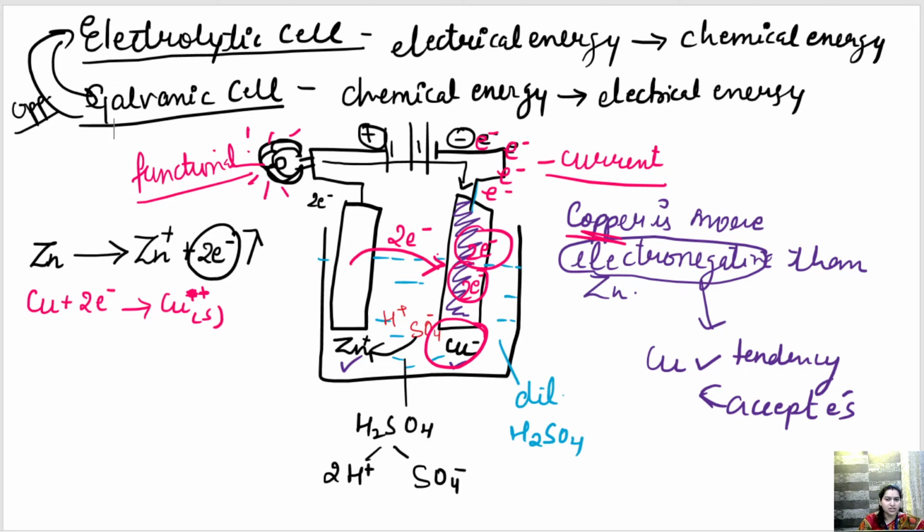Children, this is not in much detail in your chapter, so I'm not going into the deep concept of this galvanic cell. You will study this in your higher classes. So I'm just talking about the basic concept. A galvanic cell functions in such a way that we use zinc and copper as electrodes and sulfuric acid as electrolyte, and with the transfer of electrons, current is generated, that is electricity is generated and any appliance can work. The same procedure is used in a dry cell also.